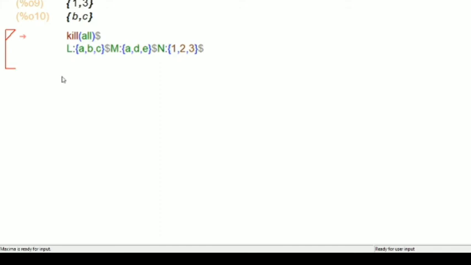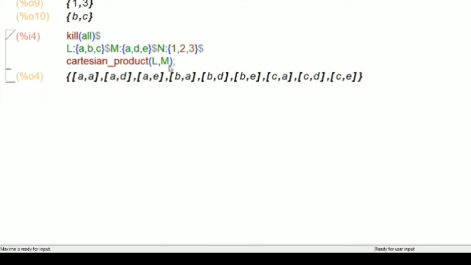Okay, now what is the Cartesian product that you are finding? First we are finding the Cartesian product of L and M. Cartesian underscore product of L, comma M. What will be your answer? Let's see. What are the elements of L? A, B, C. What is your M? A, D, E. So your Cartesian product will be